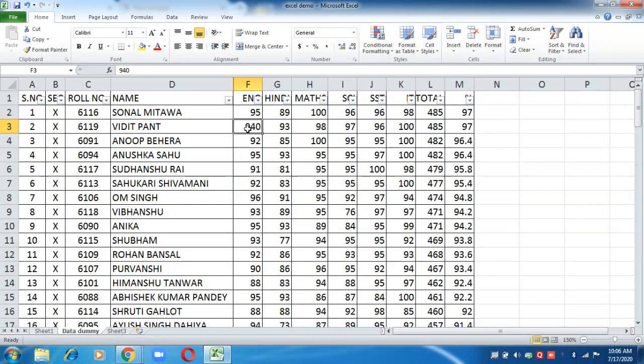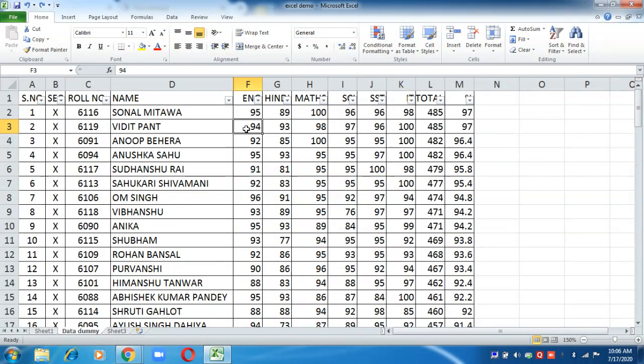So we have to apply some validation rules at the time of entering data, so that whosoever is entering the data should enter only within the range. Like if he is allowed to enter only marks from 0 to 100, then he should not go beyond 100.